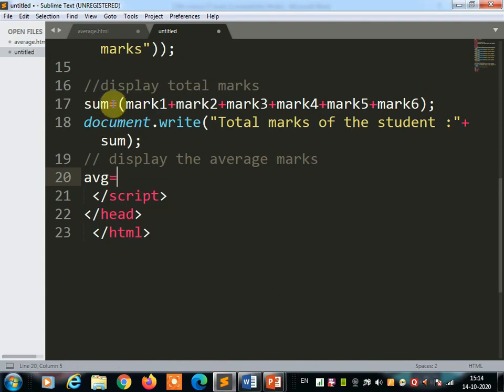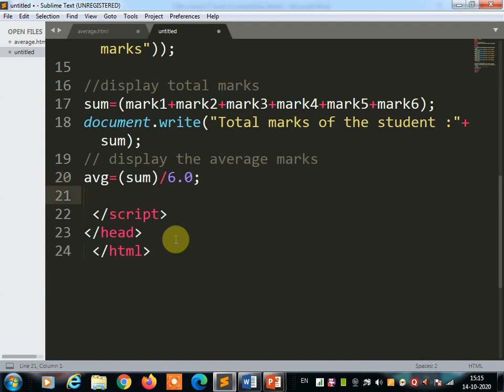Now where you calculate total mark here in sum, so this variable requires sum, write in bracket, divide by how many subjects are there, 1 2 3 4 5 6, 6 subjects, so you divide by 6 and then you can display the